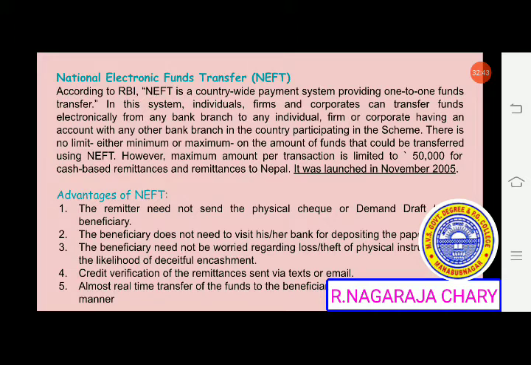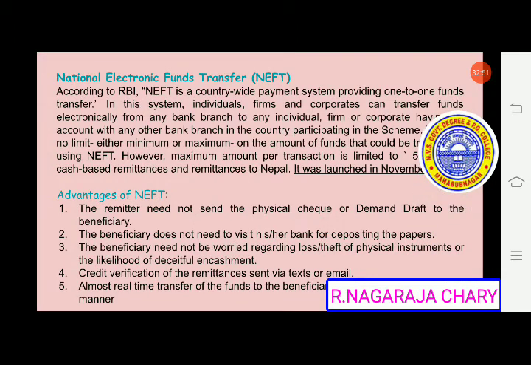So here also we have advantages. The remitter need not send a physical check or demand draft to the beneficiary. Whatever check we are interested in sending to the other side person, we are not sending physically. That is one aspect. Another one, the beneficiary does not need to visit his or her bank for depositing the